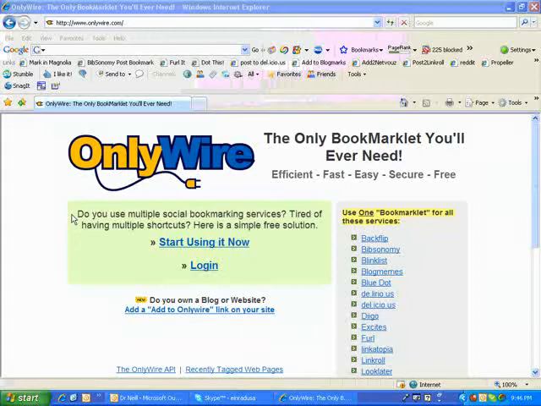So today we're going to talk a little bit about OnlyWire and how easy it is to add the OnlyWire bookmarklet, so that it's going to be very easy to go ahead and social bookmark all your new posts. This is the OnlyWire screen, the main screen. You just type in your URL